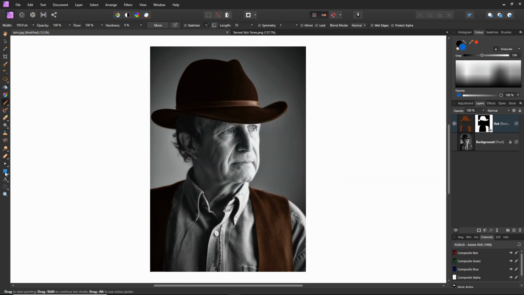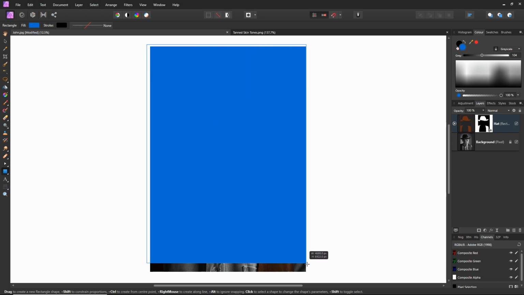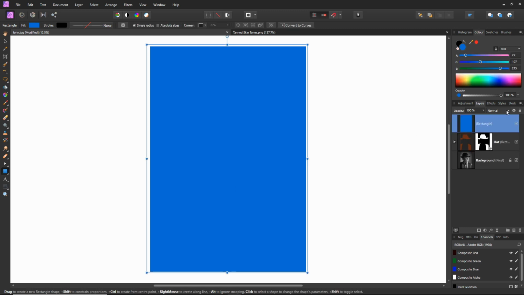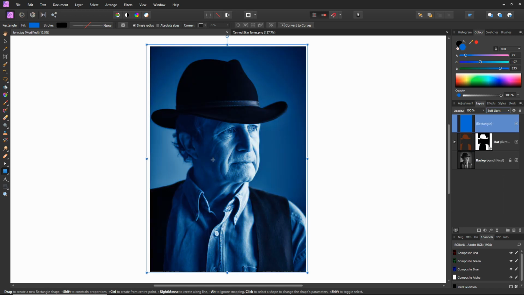Okay, we can return to our shape tool, and we know the first one selected is a rectangle tool, so we just left click that once, and then we can left click at the top of our image and drag. So keeping our finger on the left mouse button, we can drag our denim colour over our image. As we did before, we're going to change the blend mode, clicking on the normal drop down and scrolling down to soft light, revealing the image beneath. And we can left click on the text and rename that layer shirt. Press enter, and we can turn that layer off,